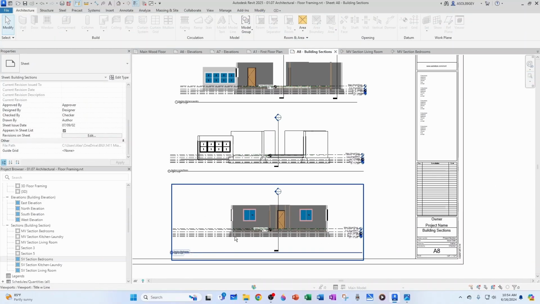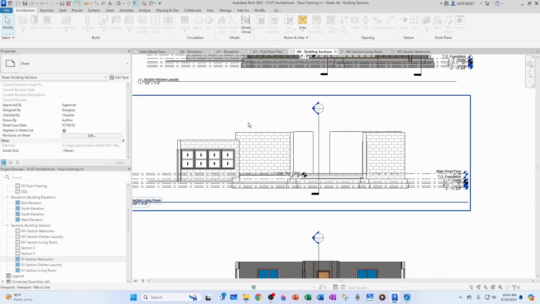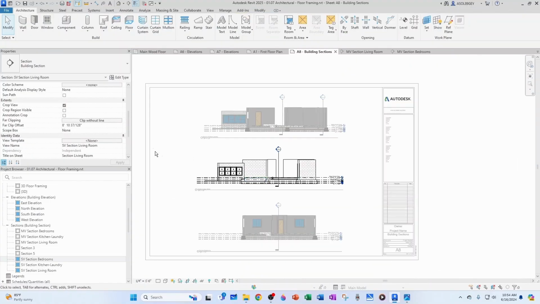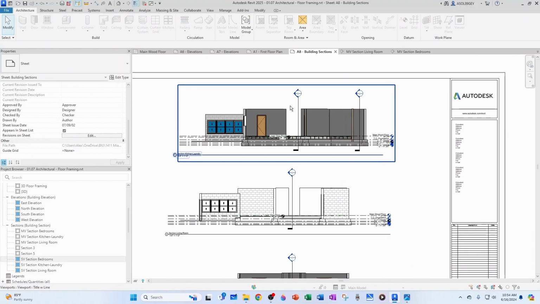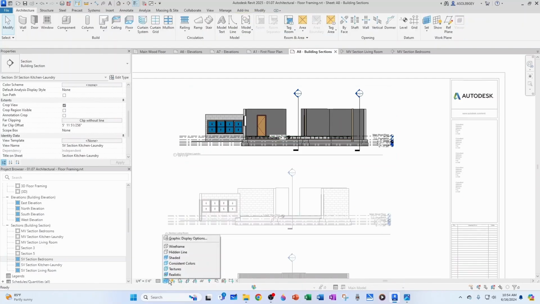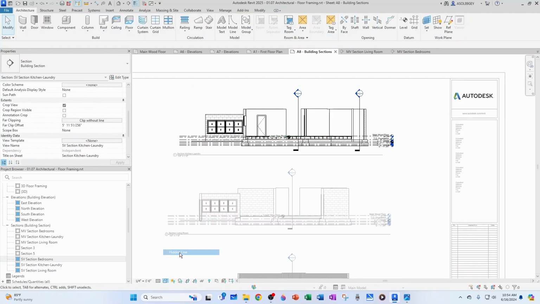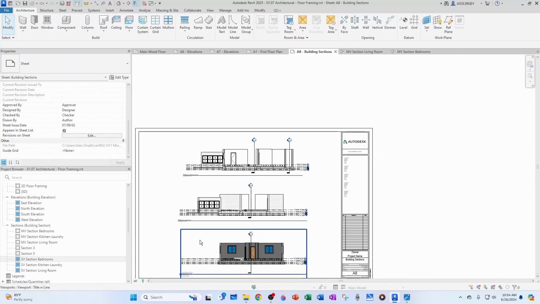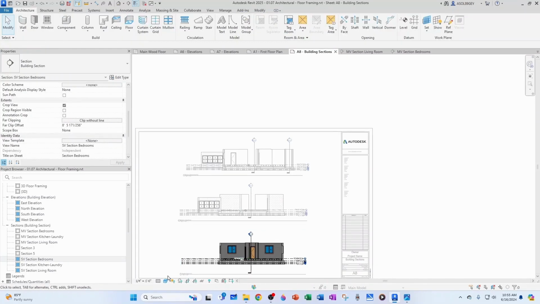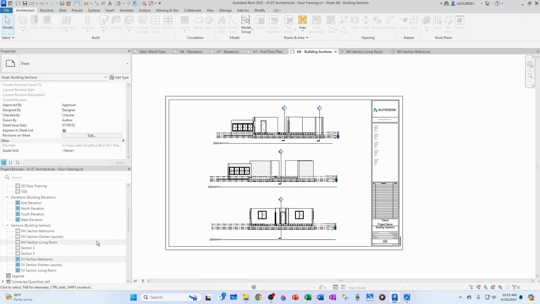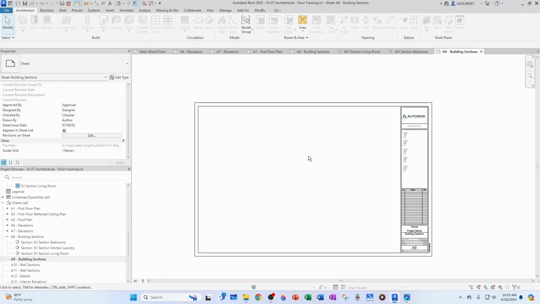Very good. And then notice that this one I have it as shaded, this one is hidden. So just to be consistent, let's make them all hidden. So I'm going to double click here and change this shading to a hidden line. And I'm going to double click here. I'm going to make this one hidden line. Very nice. Let's go to our next sheet, building sections, and now here we can drop the ones that are